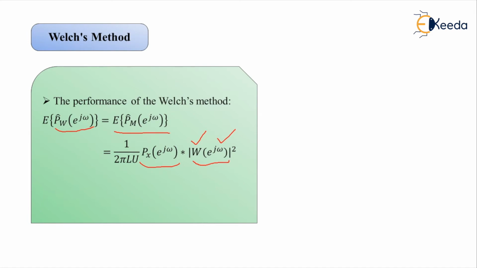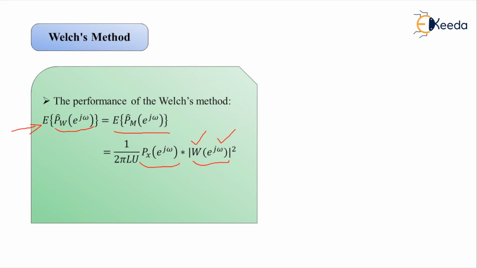Now, along with the expected value or the mean, we require the knowledge of the variance here. Unlike the expected value or the mean, the variance computation is a little bit difficult in the case of the Welch method, because we have the modified periodograms averaged here, and therefore for these modified periodograms we cannot assume the sequences to be 100% uncorrelated here.